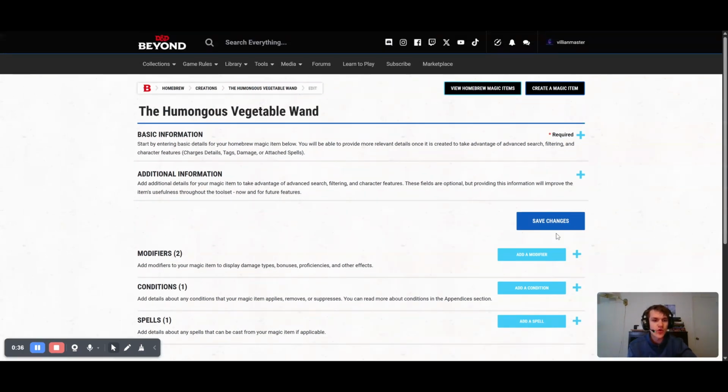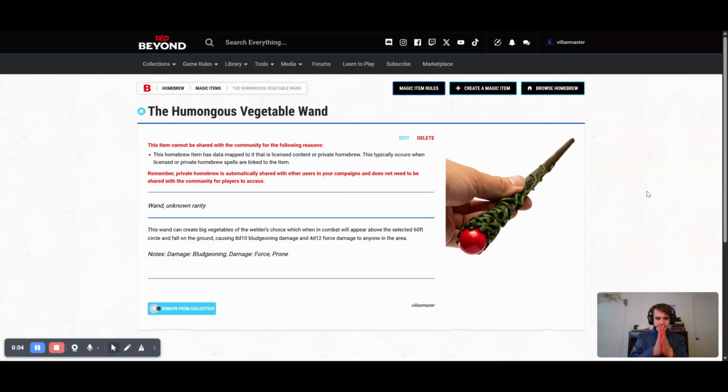without having the wand. As you can see, the wand has been created, and it looks like this. This is a picture that I found on Google. Now, one thing that I cannot do with this particular one is share it to the world, because I would also have to share the spell I made to the world. And so it's a two-way street if you put a spell into something that you want to share